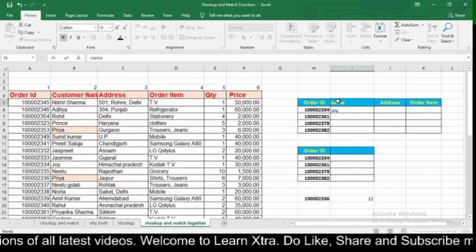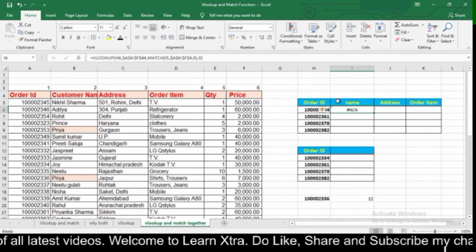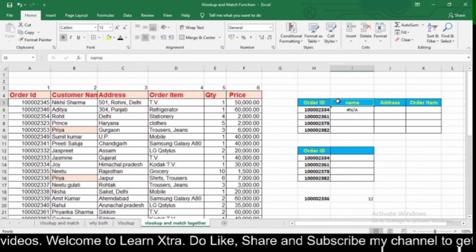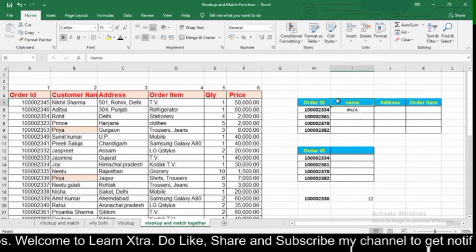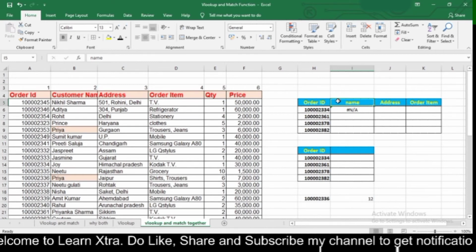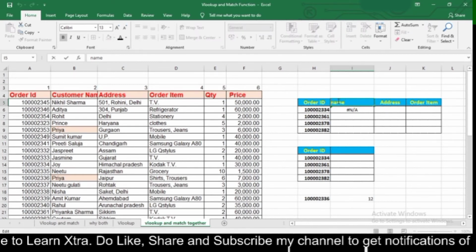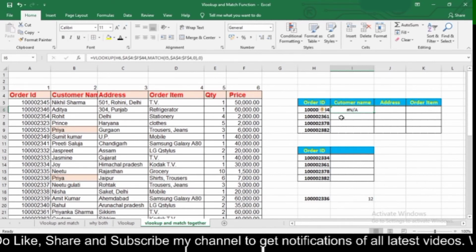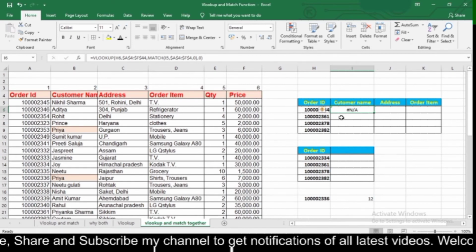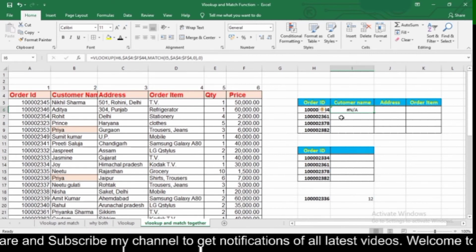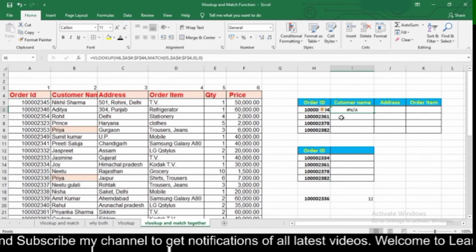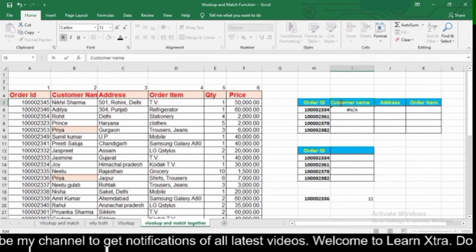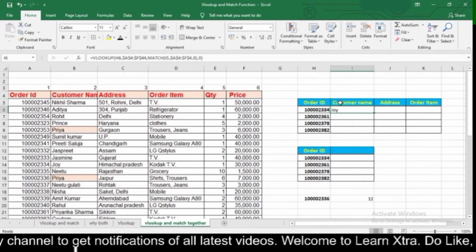And now if I type only name instead of customer name, I will get my answer as NA, because here I need to type the exact heading as I have used in my data array. So here I need to type customer before name to get my answer. And also my spelling should be exactly the same as my data array. Here I didn't use S after U, so that is why I got my answer as NA. So if I type S, then my answer would change to Joy, which is true.